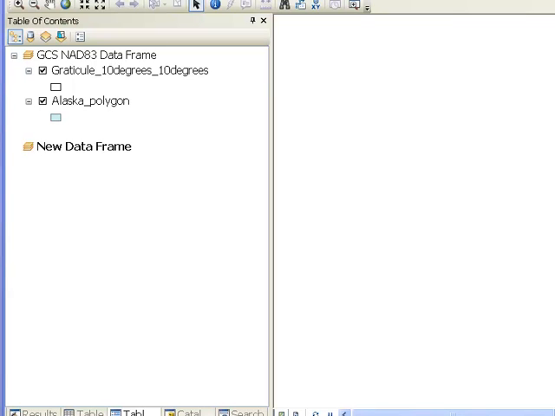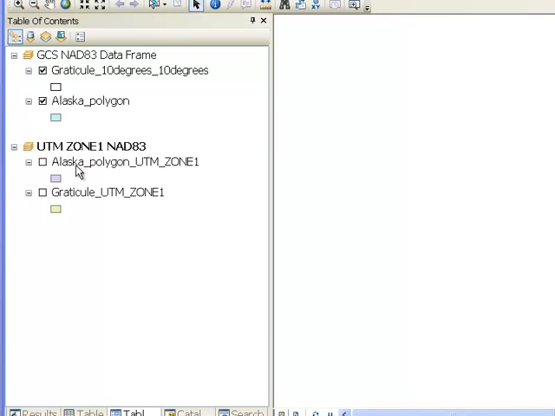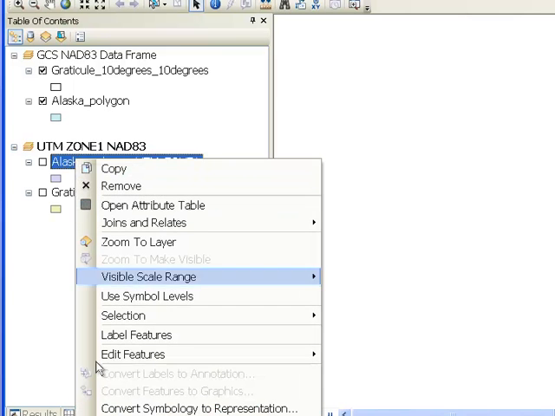Okay, so from the Insert menu, we insert a new data frame. Let's rename this to UTM, assuming the shape of the globe is NAD 83. And then we'll add our 2 layers to that data frame. Okay, so if we look at the properties of the layer now,